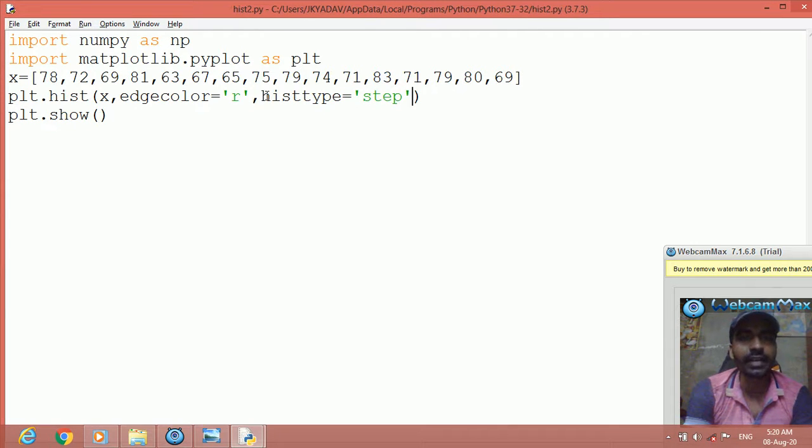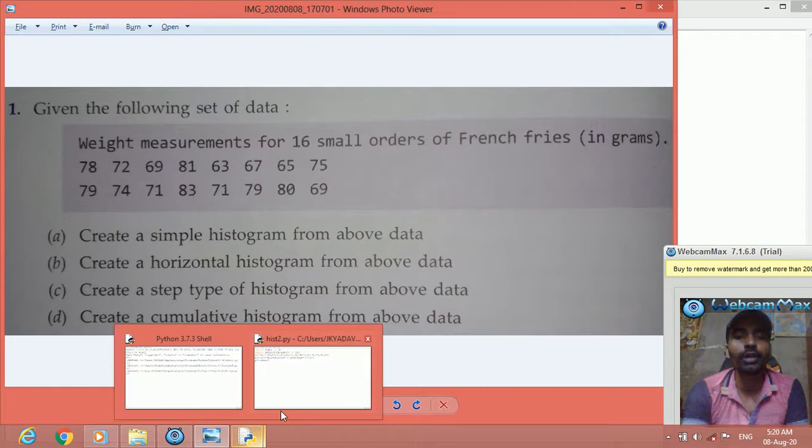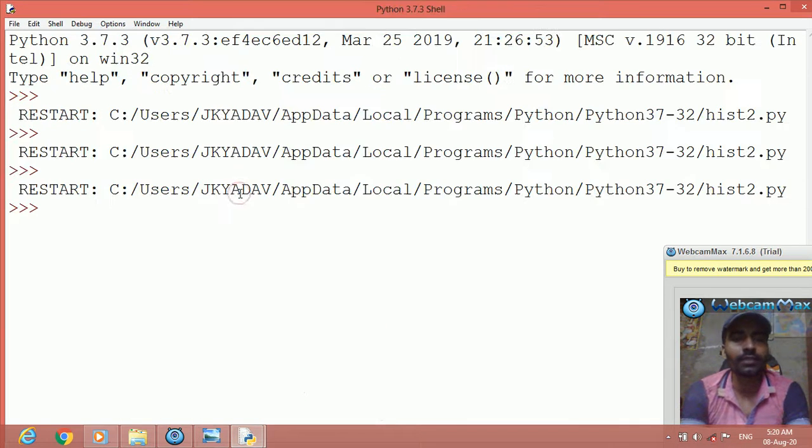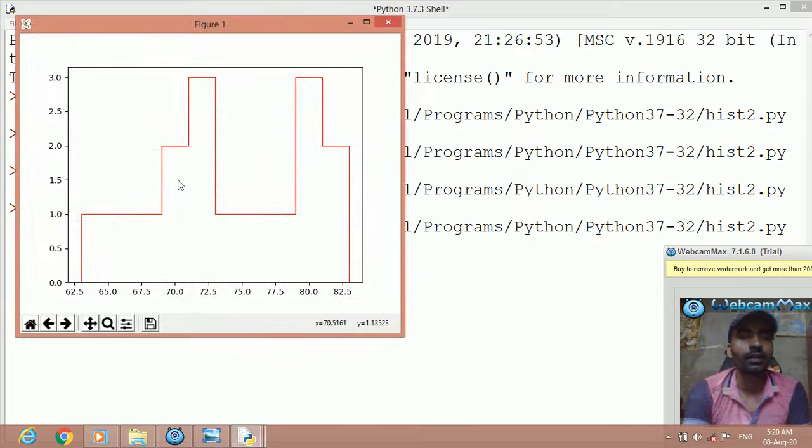Now save it and execute. The entire code is the solution of the third question. Press F5, and you will see a step type of histogram without filling. If you want to fill it, you can write stepfilled.